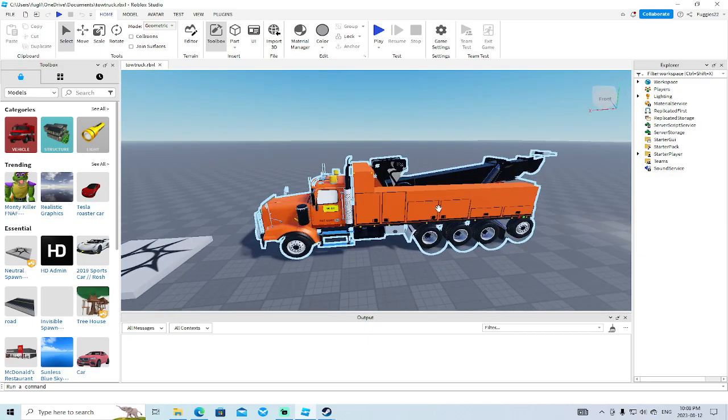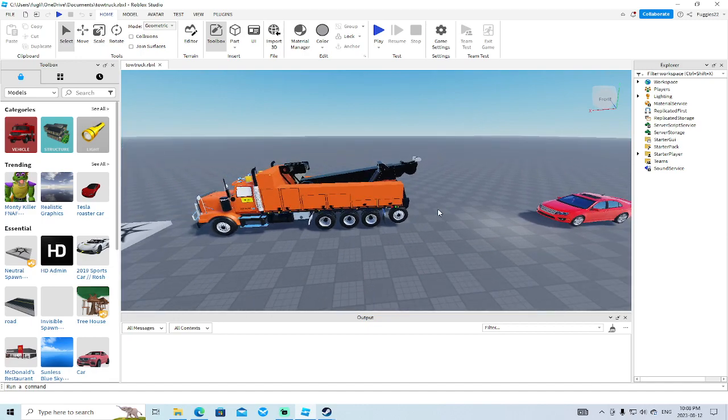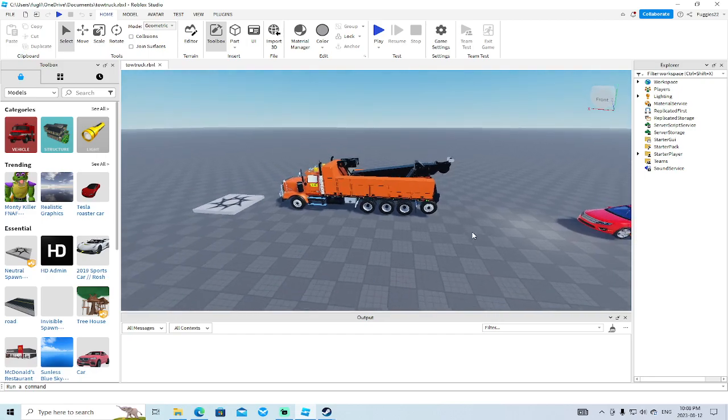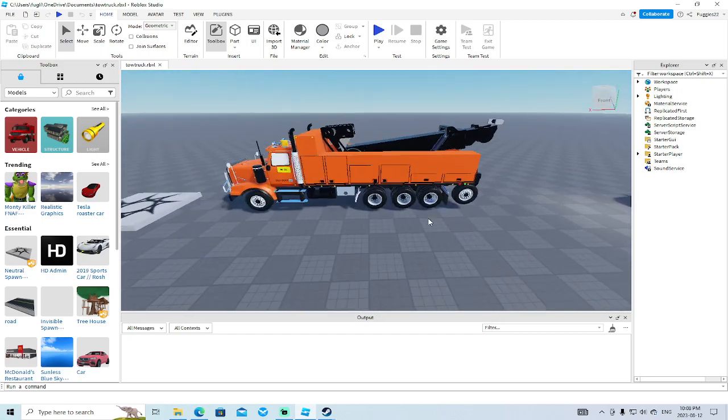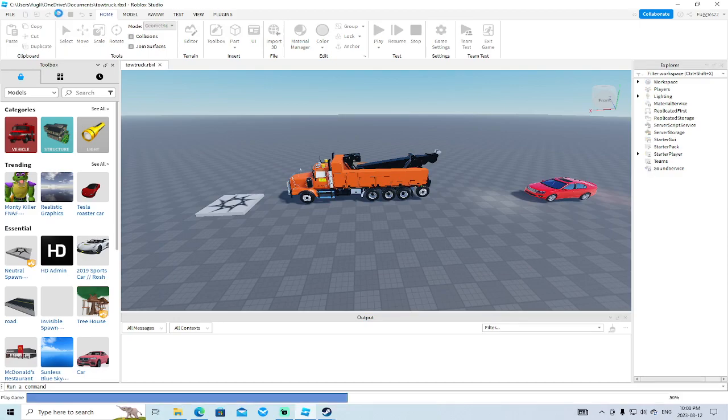Somebody on YouTube was asking me about a tow truck, and I figured, you know what, let's make a tow truck. So in this video series, we're going to make two types of tow trucks. One is going to be like this tow truck here, which has